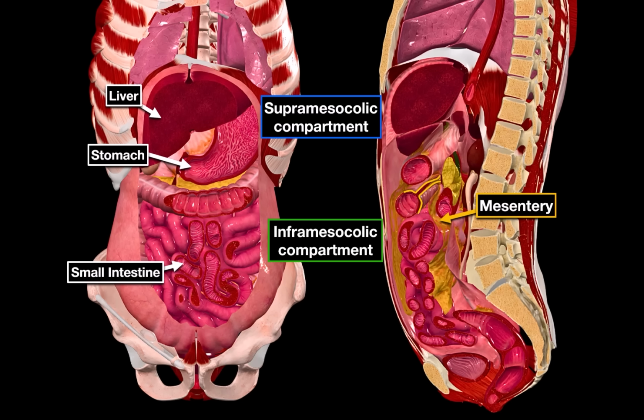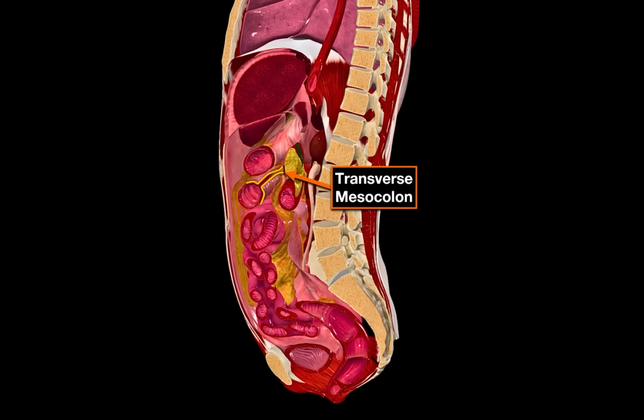Now, why does this division matter? Because when a small amount of fluid collects, it tends to stay within one compartment. The transverse mesocolon acts as a barrier. But if there is enough volume, fluid will find ways to move between them. We will see exactly how that happens later in this video, but one more thing I need to mention regarding